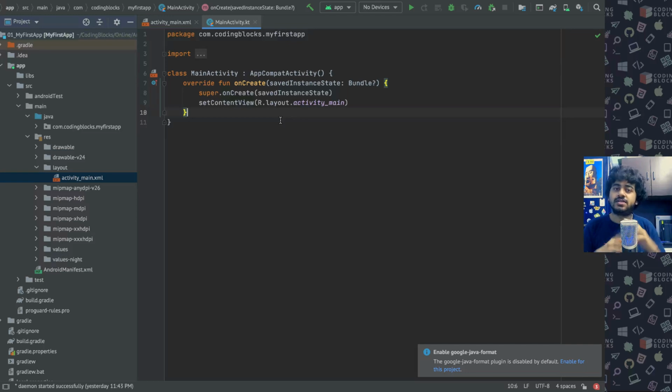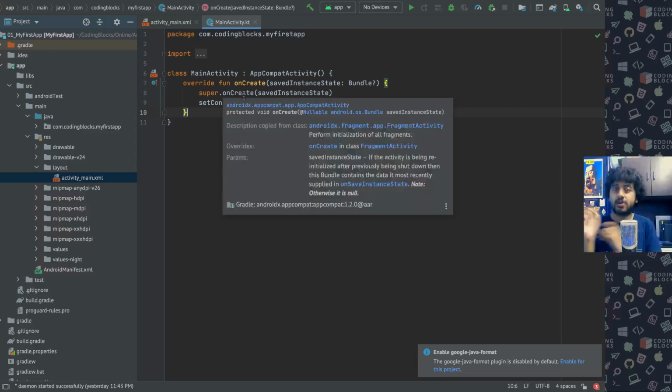So a window is inside which you can have text and buttons and views with which the user will interact. So any UI elements, so the UI is created using activities. When you open an activity, a window is opened on your screen. Now every activity needs a layout. The layout tells how the window is going to look like.